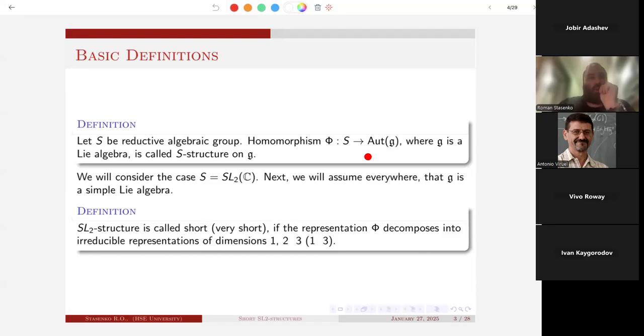Vinberg investigated the case when S is SL3, SO3, and we now talk about the case of SL2, and